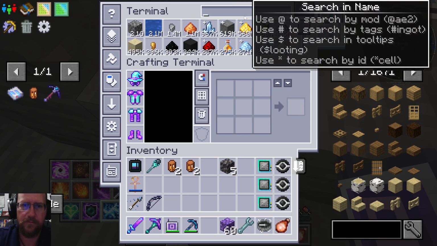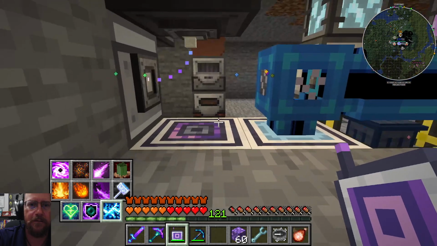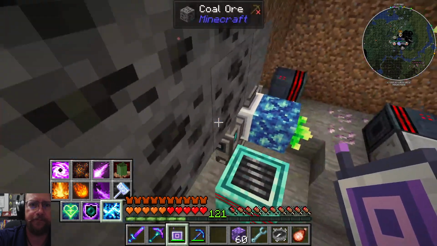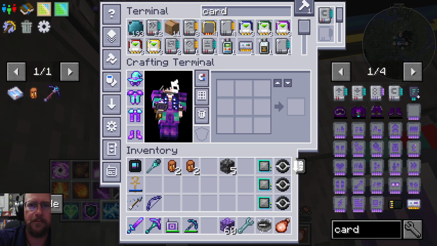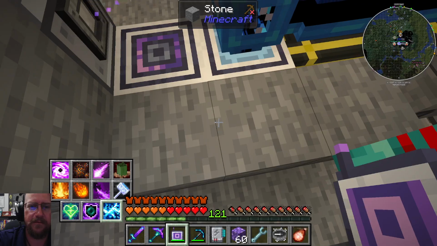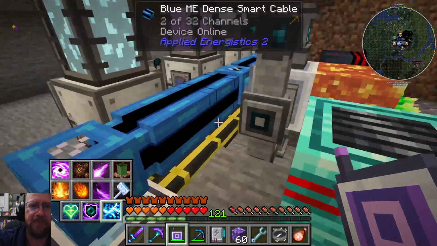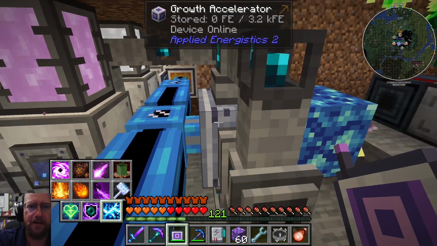Let's go, energy card. I don't know if this one could take an energy card. It can. Is it gonna matter? I don't know. Heck, I might as well go ahead and put one on. It'd be really cool if you could put like a tick accelerator into the accelerator. That would be incredible. Does this one take it too? No? Just checking. So I don't know if this thing is max speed or not,